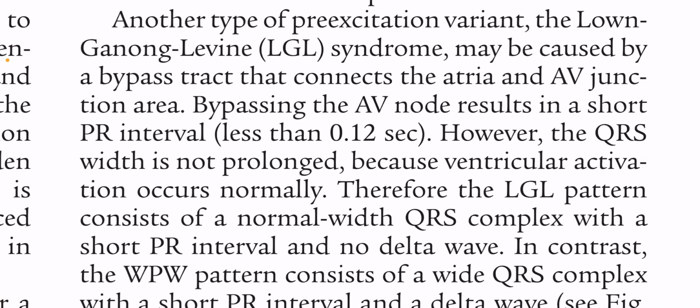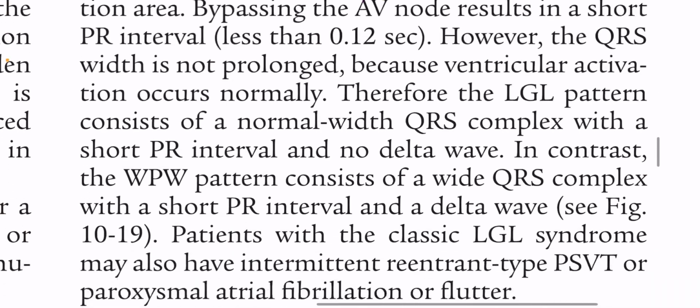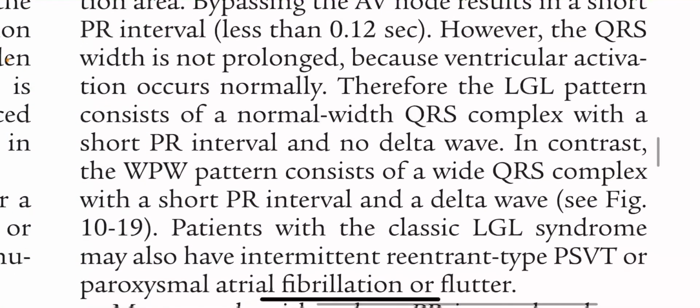AV নোডকে বাইপাস করে, results in short PR interval. আচ্ছা, এভি জাংশনাল এরিয়া, এলজিএল সিনড্রোমে একটা বাইপাস ট্র্যাক থাকে যেটা অ্যাট্রিয়াকে এভি জাংশন এরিয়ার সাথে সরাসরি কানেক্ট করে দেয়। সো এখানে পিআর ইন্টারভেলটা শর্ট হয় কিন্তু কিউআরএস প্রলংগেশন হয় না।